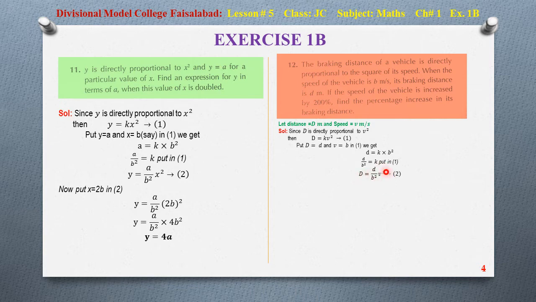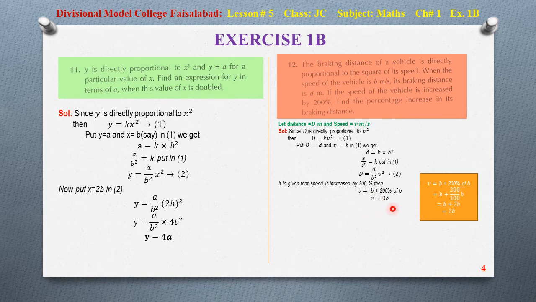First we will find 200% of B, that is the new speed. Because it is given that speed is increased by 200%, then new speed will be equal to B plus 200% of B. How will we calculate this? Look, 200% means 200 over 100 of B, multiplied by B. Two zeros are cancelled with two zeros and we are left with 2. B plus 2B is equal to 3B. So final speed is equal to 3B.